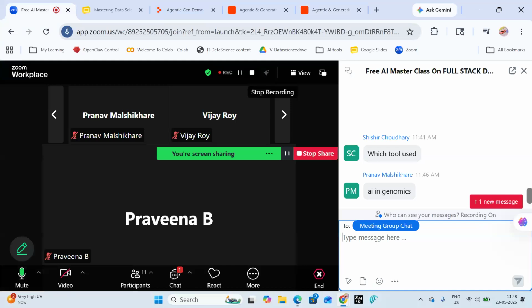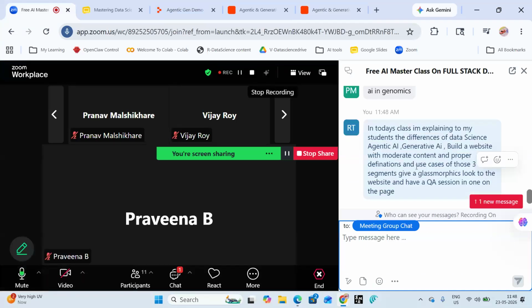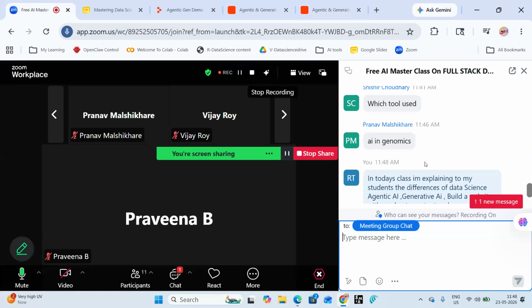I'll also create one more: AI in genomics, genetic science. Since you said genomics, there is a new thing introduced inside this AI called genome parallel. I'll tell you at the end.